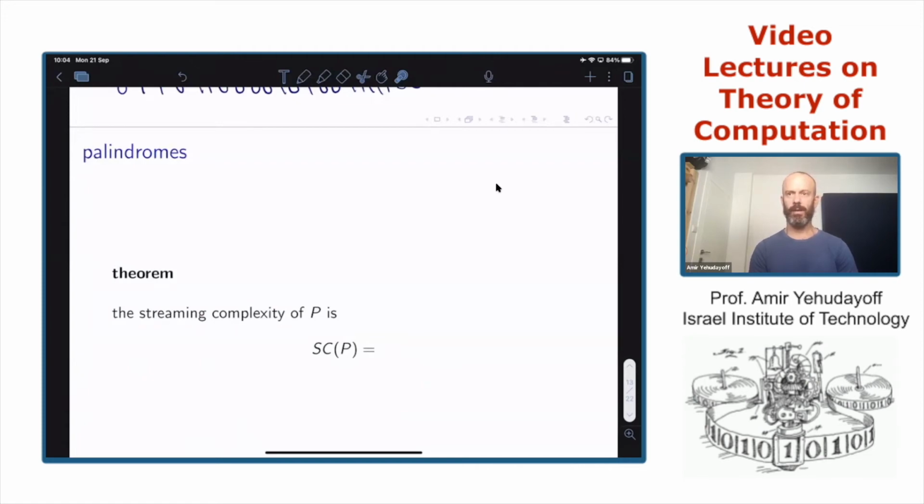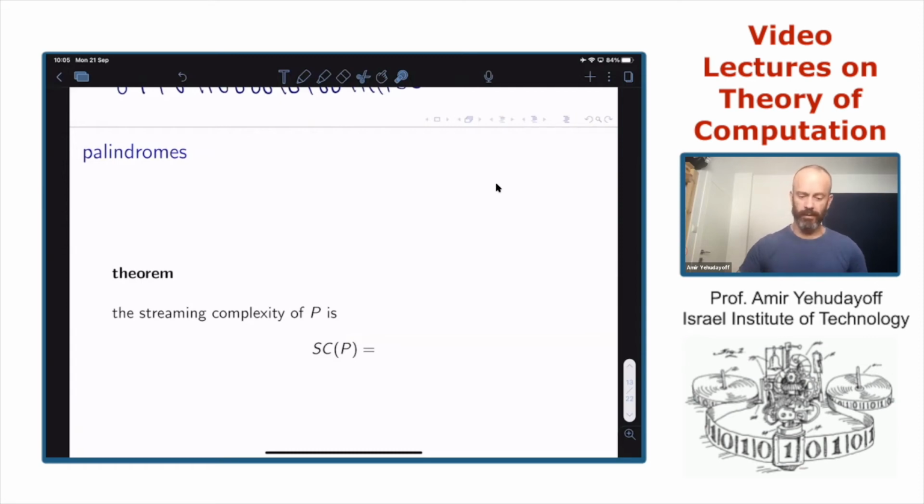This streaming complexity is the minimum m such that memory size m suffices to decide palindromes in a streaming model.